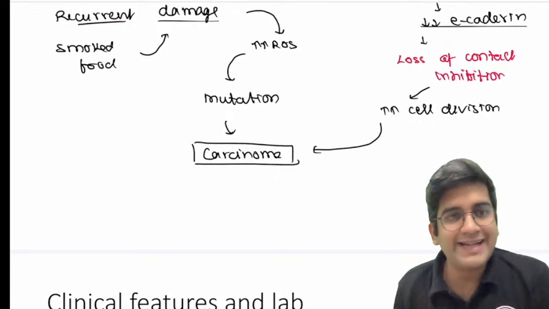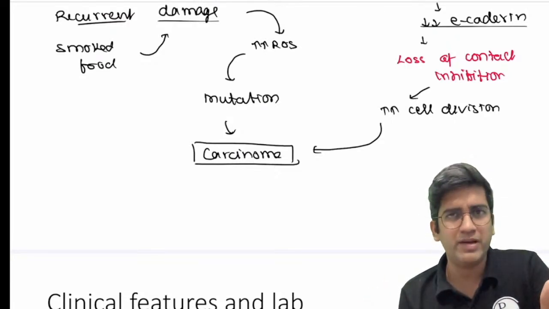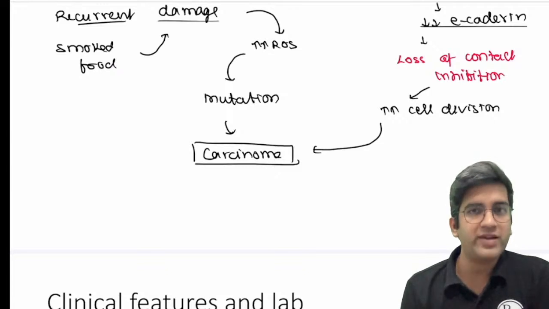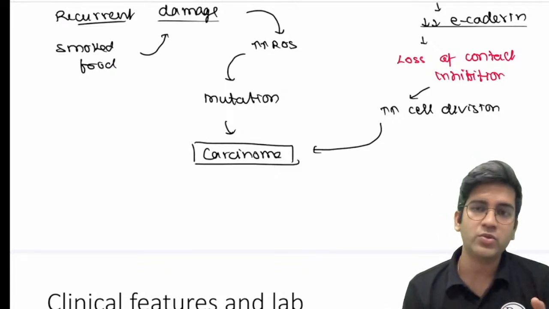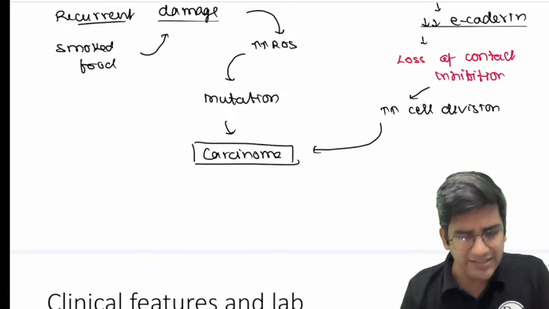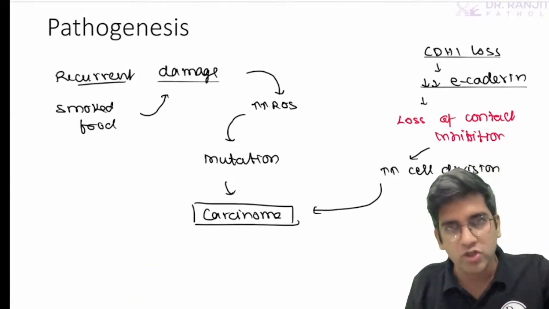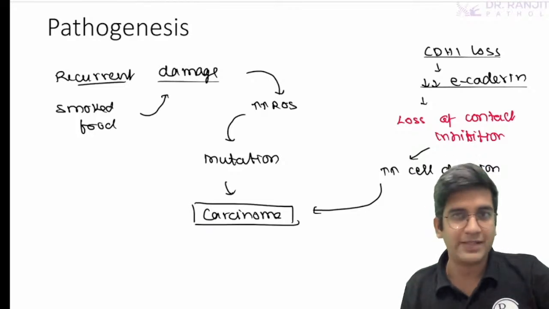I'm not primarily writing what type of cancer it causes. If you want to write, mention it here itself. One causes diffuse type of gastric carcinoma, that's the CDH1 loss. The other one causes predominantly intestinal type of gastric cancer, that's a normal gastric adenocarcinoma. It does not require separation, since it's pathogenesis, let's have a common pathogenesis, right? So my etiology is done, a little bit of risk factors, pathogenesis is done, right?